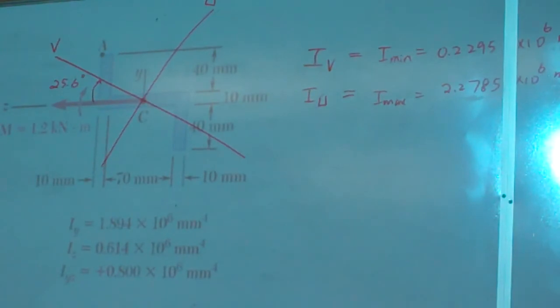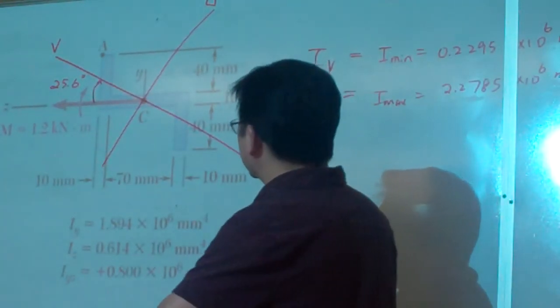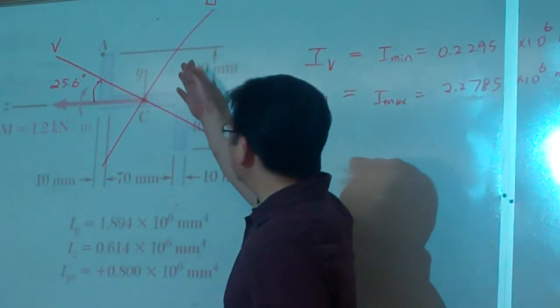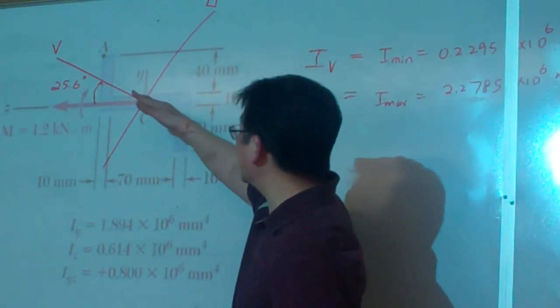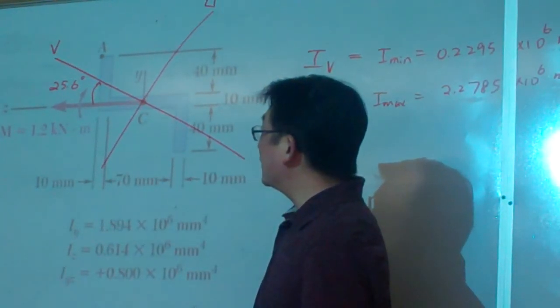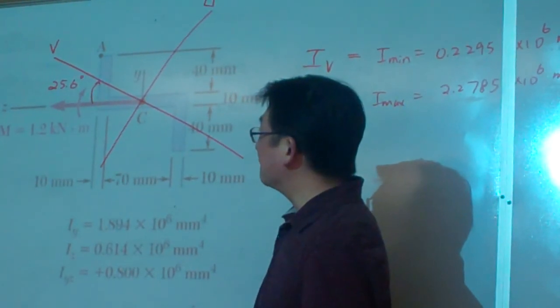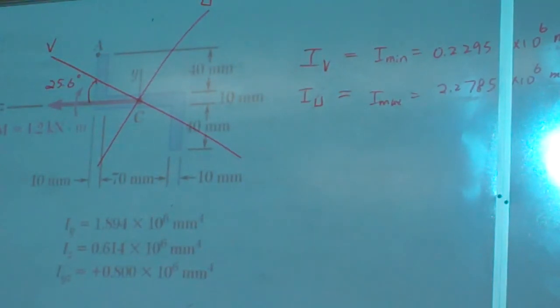So once we have done this, then we can proceed. Basically, the U and V axes represent the planes of symmetry. If we extend them, those are the planes of symmetry. So we will be able to apply the original, again, the